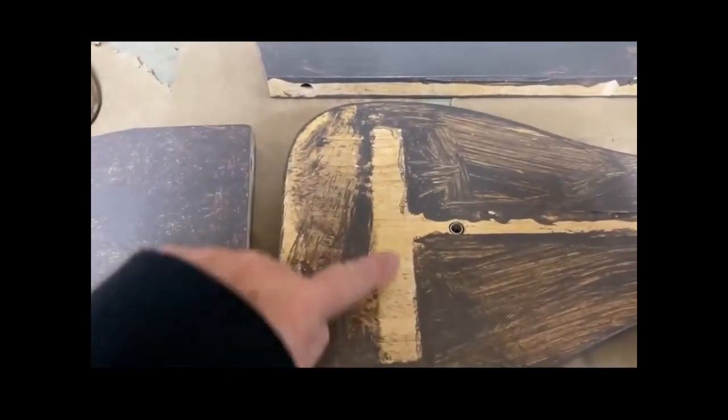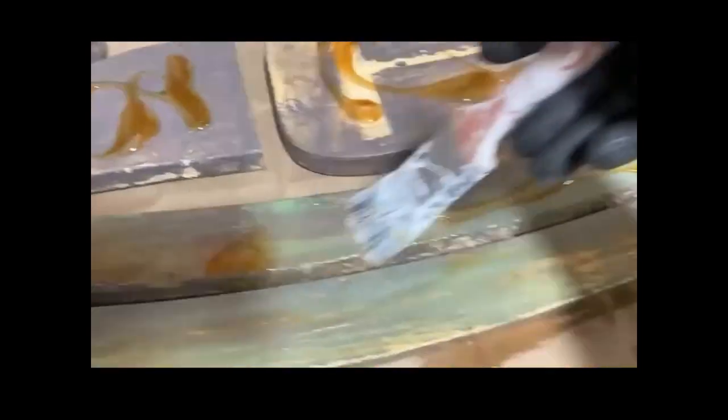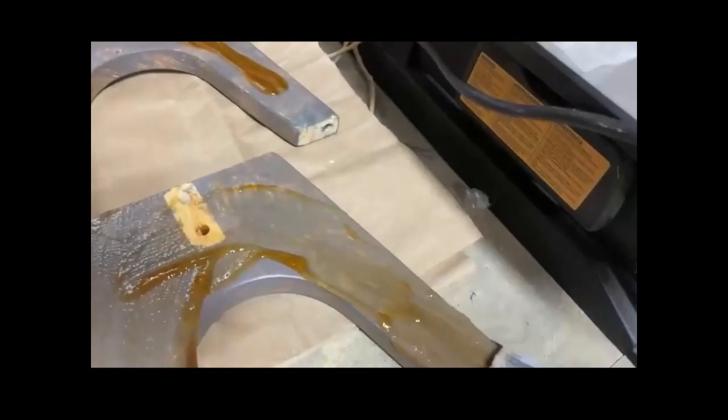Here's a little vintage horse all dismantled. You can see its terrible paint job, but it does have the potential to go right down to wood. I started by stripping it twice on both sides, doing it once, and then I had to flip it over and do the other side. Then I covered it with plastic,